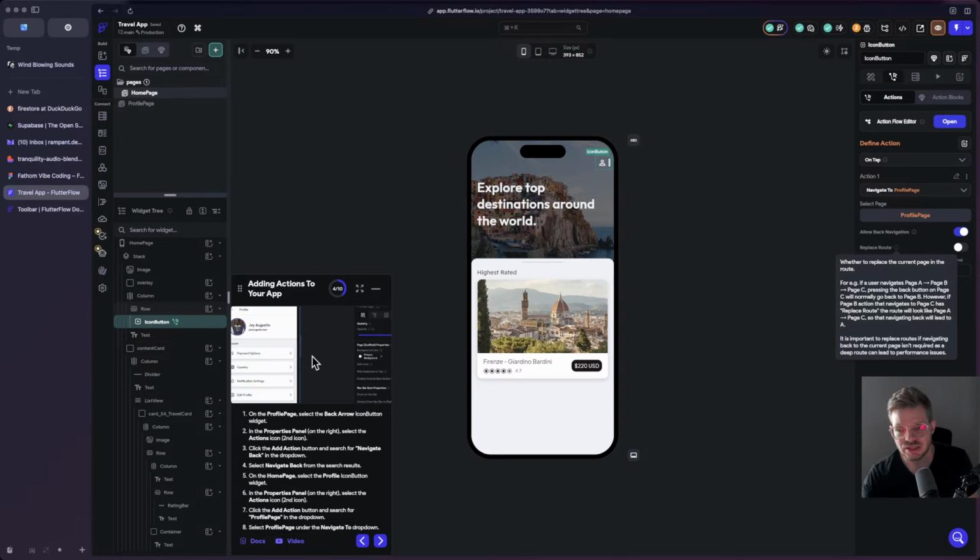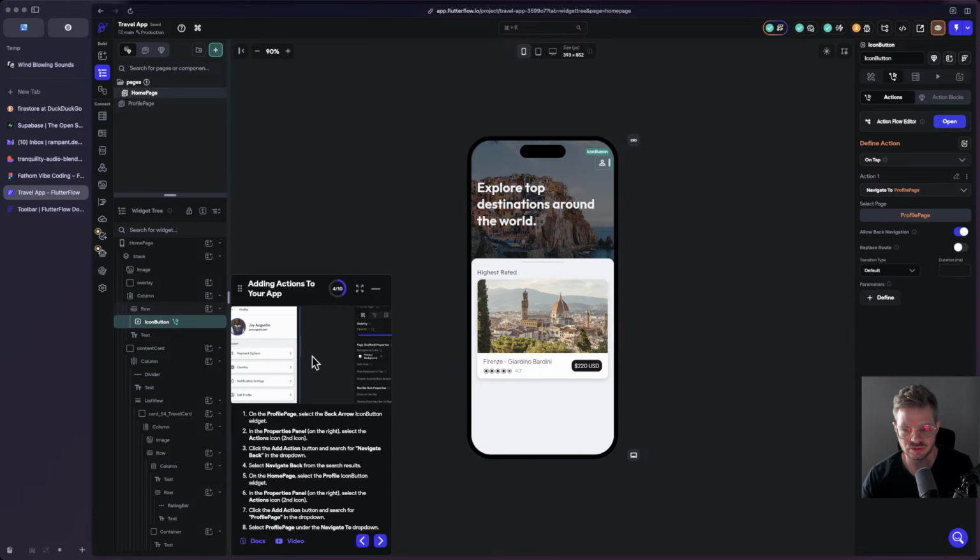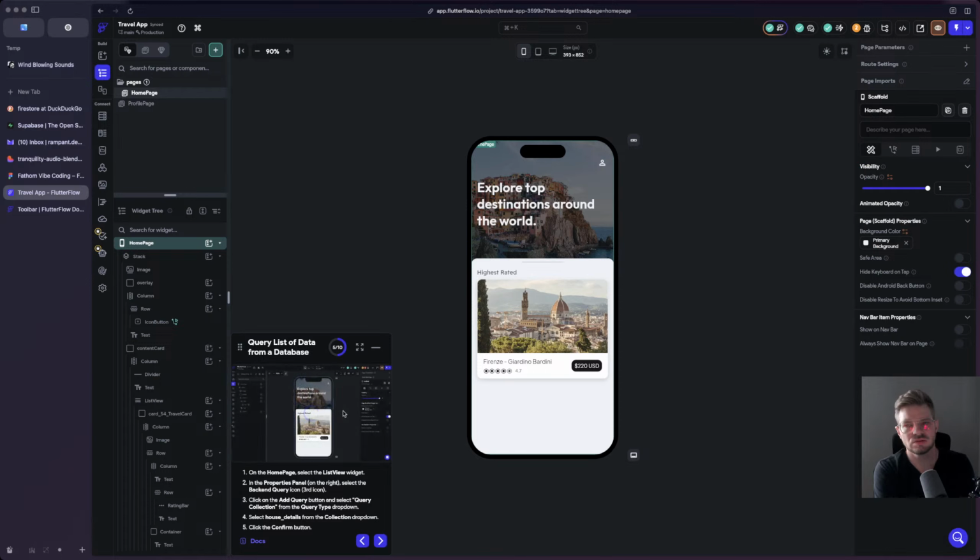I see. Okay, so that's if you have an e-commerce app where you would navigate to shirts and then select, I don't know, sarcasm shirt. You might feature that shirt on the homepage, and then you can click sarcasm shirt. You go to that, and then clicking back would take you to the homepage as opposed to the shirts page. Okay, on the homepage, select the list widget,